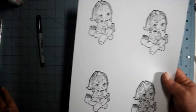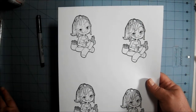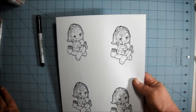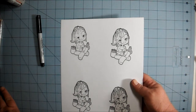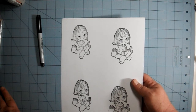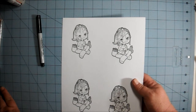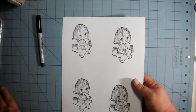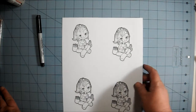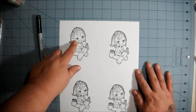She's trying to learn how to do everything, you know, the techniques and stuff with the Spectrum Noirs. I do not have Spectrum Noirs. I have Copics, so I can't really help you there. I've spoken to people that have both or have tried both, and they say there are differences in how you use them. So definitely, Linda, look up on YouTube or on the internet how to color with the Spectrum Noirs. But this is not so much a coloring video as it is how to highlight the eyes on these